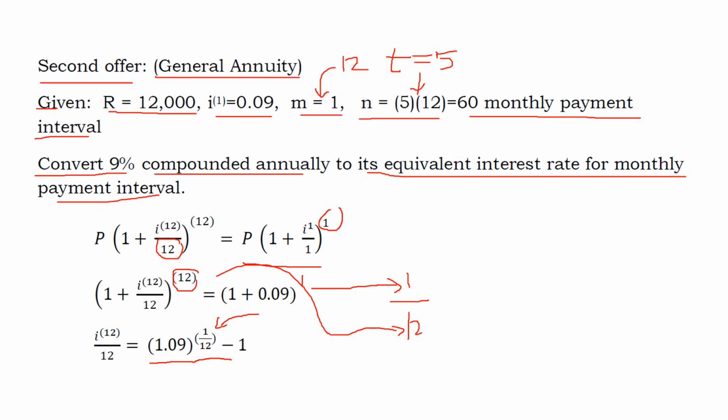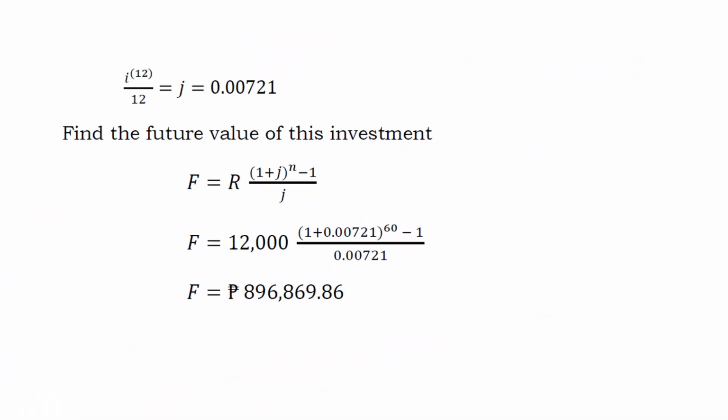Upon simplifying, we transpose the positive 1 to the other side of the equation, so it becomes negative 1. So (1 + i) raised to 12 over 12, minus 1, will be equal to j. Take note of this: whatever the value is, that will be your j, or simply equal to